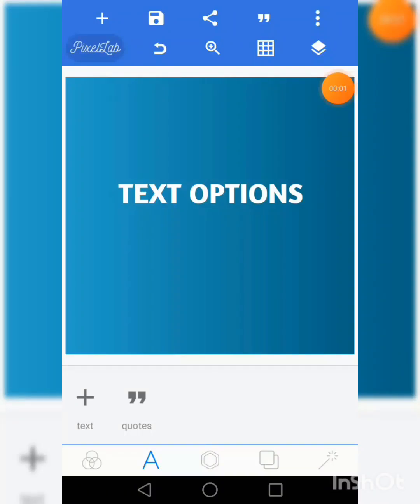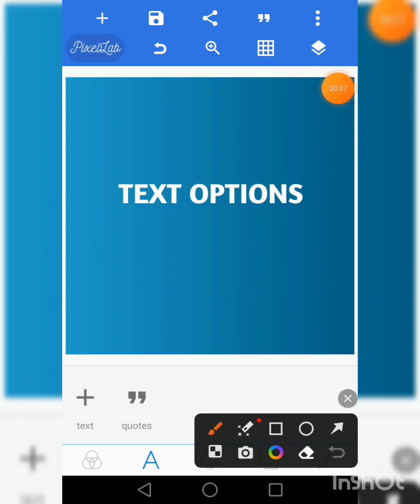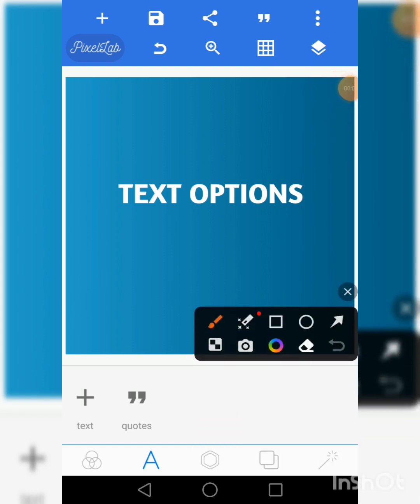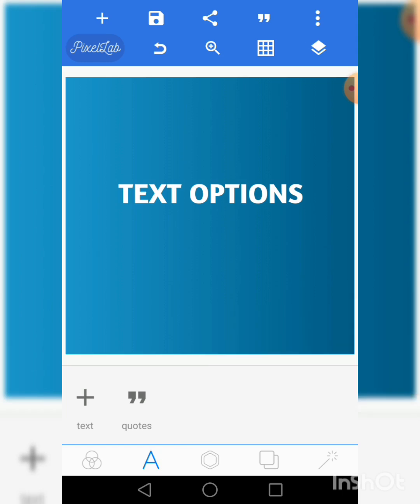Okay, today we'll be dealing with text options. Now, when we talk about text options, you should always know that when you hear the word text, it's talking about this icon. This is the icon that leads you to where you can insert text, modify text, and delete text. So when you click on this option and you are in your background, you click on this particular option,